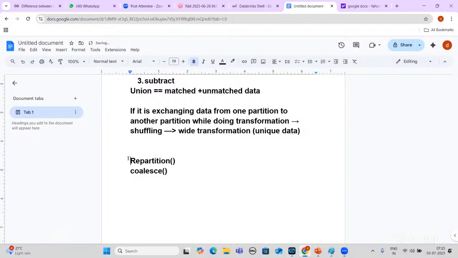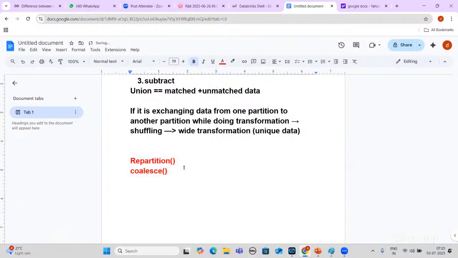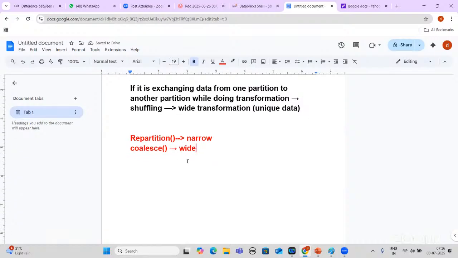Don't skip tomorrow's class, because in all interviews they will ask you what the difference between repartition and coalesce is. I'll give you a brief: repartition is a narrow transformation, coalesce is a wide transformation. Both are adjusting the partitions only. But we'll see in the next class.